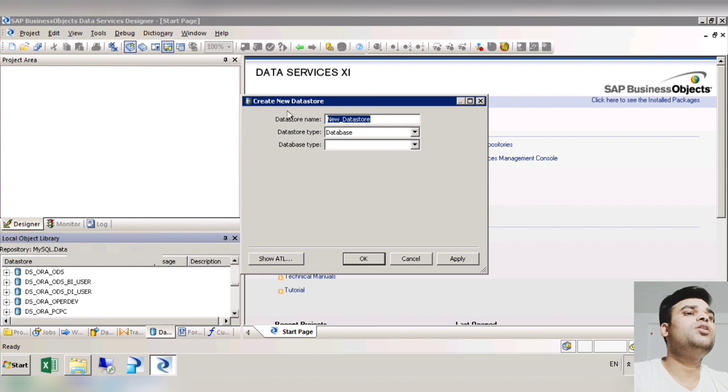When we click on new, the create new data store window will open, and in this we can provide the name of the data store. The convention we normally follow is DS for data store. Then we can give some relevant name, like which database or which system it is trying to connect. Let's say system 1, and this database may be Oracle type. So let's say Oracle. It will be easier for me to understand that this particular connection contains the details for system 1 and this database is of Oracle database type.